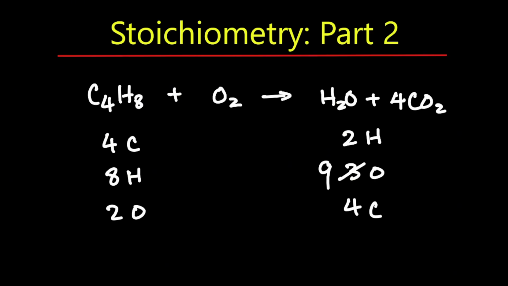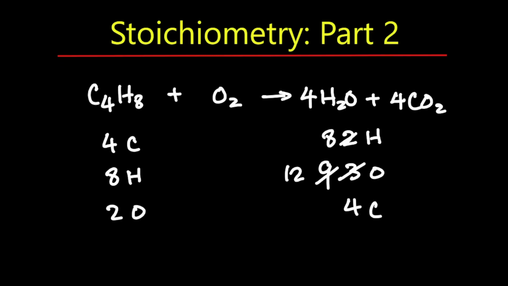First of all, the H's aren't even balanced yet. So we have 8 H's on the left side and 2 H's on the right side. Therefore, we need at least 4 H2O's, which makes this 8 H's. 4 plus 8 O's, 12 O's, and 4 C's. Looking on the left side, we have enough C's and enough H's, but we only have 2 O's and we